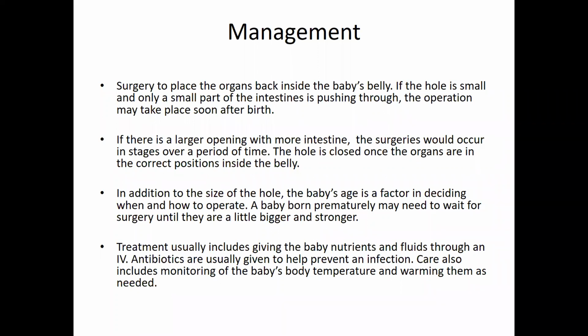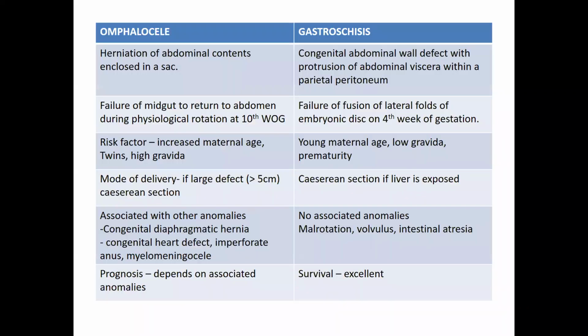Okay, the good part of gastroschisis is that most of the time the hereditary component is very high. If the mother or father had gastroschisis, the chance for the baby is very high. But the good part is that it is not associated with other congenital anomalies. Okay, so there are two conditions. Look, this is the omphalocele and this is the gastroschisis.